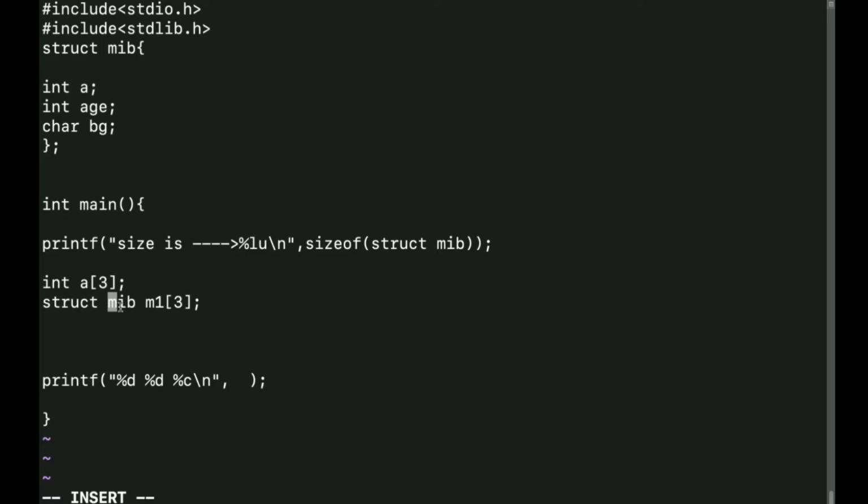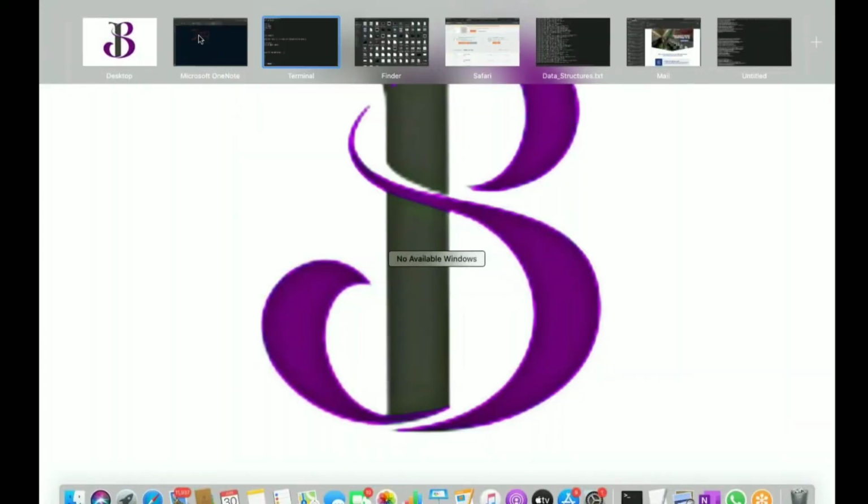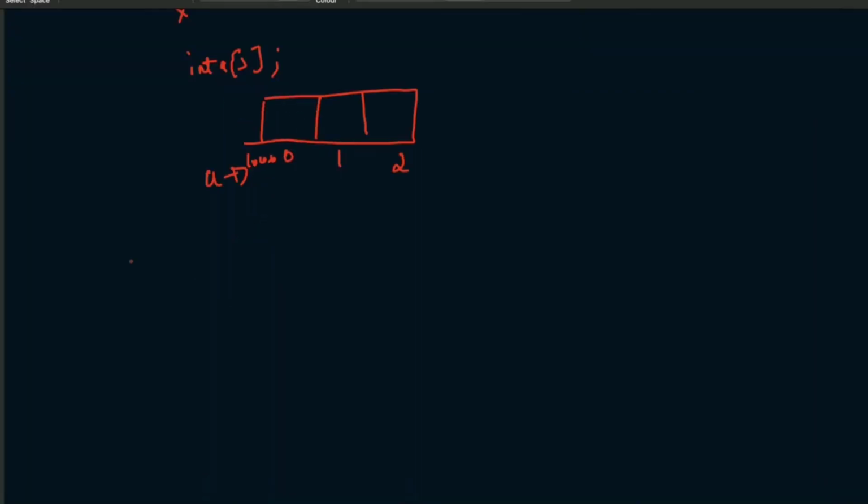Same thing. Now I'll be writing a memory diagram for this. How the memory diagram will be for this. According to that, we'll be accessing it. Okay, now how is this memory diagram? So I will be having